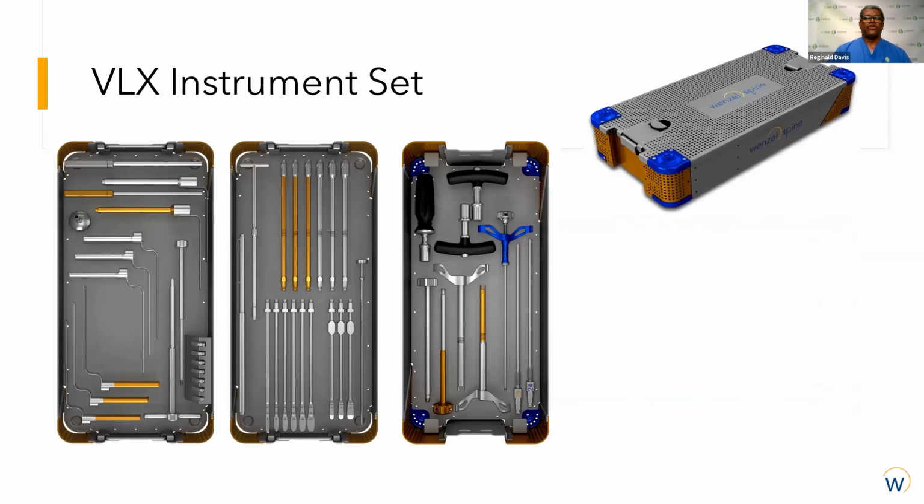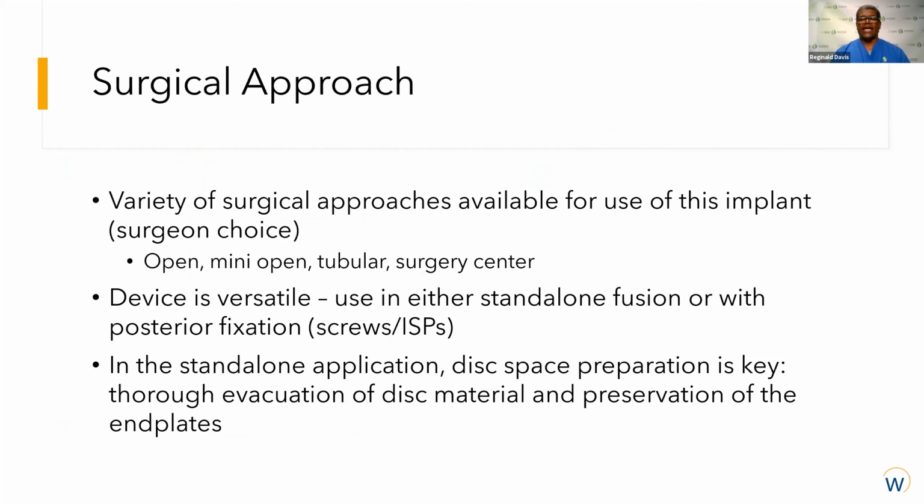The instrumentation set is very compact and very efficient in its packaging and really contains all the things that you would need for both assisting with disc space preparation as well as safe implantation, with circular neurological guides and all the instruments you need to safely implant the device once the disc space has been prepared without trauma